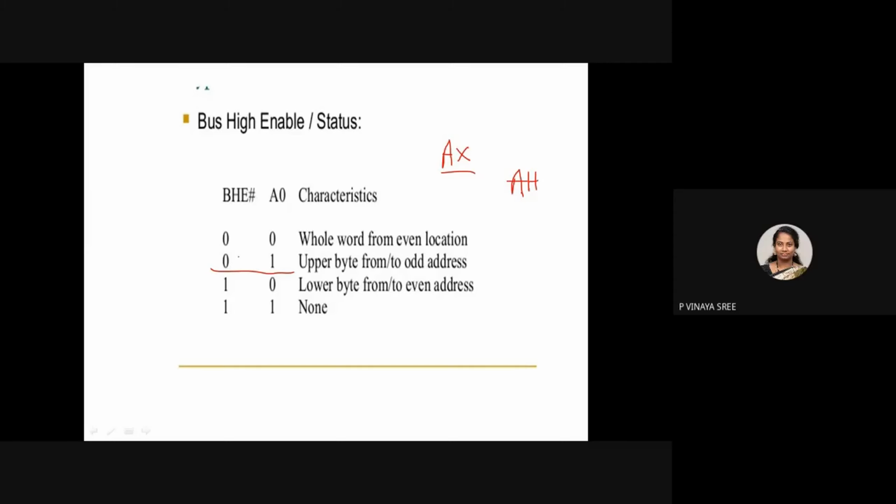Now if a processor wants to access AL, then A0 has to be active and BHE is disabled by keeping it 1. Why? Because this is an active low pin. When it is 0 only then it will be active, or else we need to disable it by keeping a 1. And if both are 1, that means the processor is not working with any